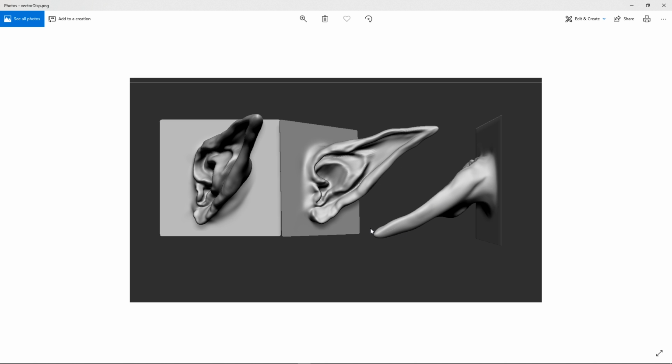So vector displacement is something which is not really being used a whole lot right now. One of the reasons is honestly due to lack of documentation. It's a bit of a pain to set it up. We used it on Pacific Rim, and that looked really good. It looked far crisper and had more volume, preserved volume better than regular displacement. But it's just a pain to set up.